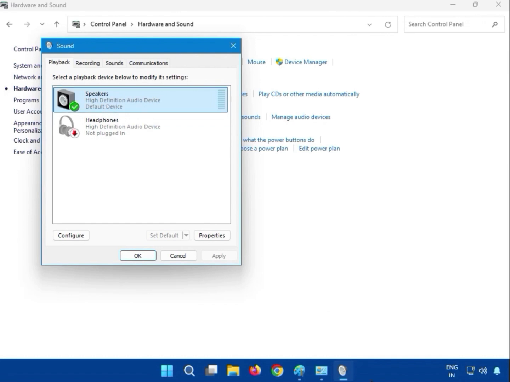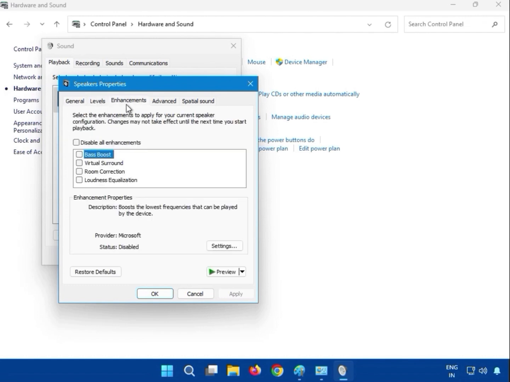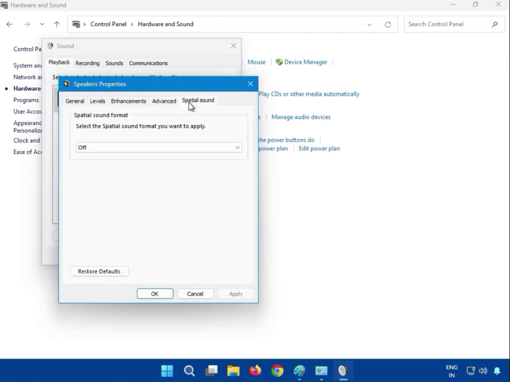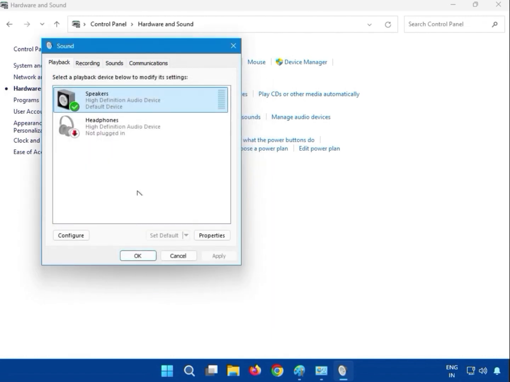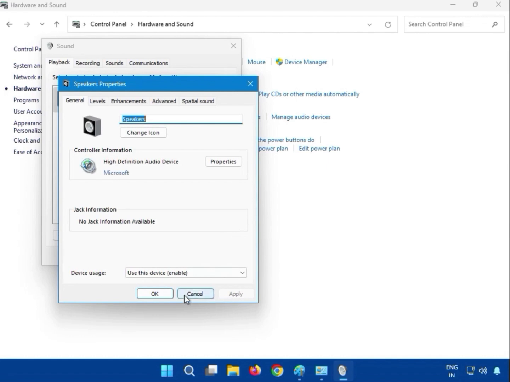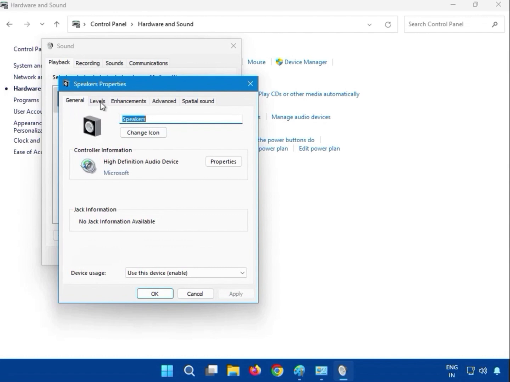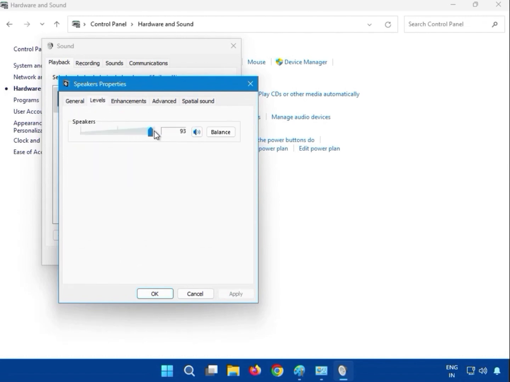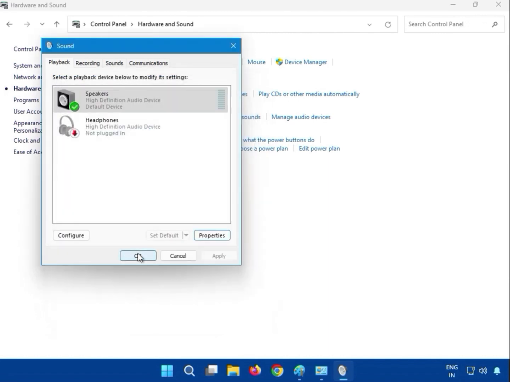Okay, then just double click and click on it. You can see the text here like that. Okay, click on Properties. So guys, select the level 100%. Okay, and you can see here the balance is at 100%. Okay, and then OK, and then OK,